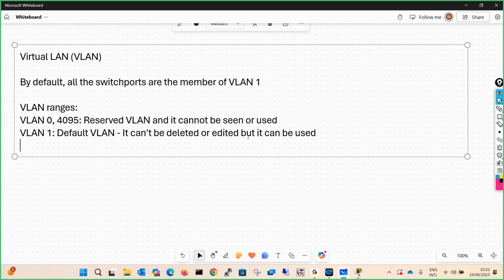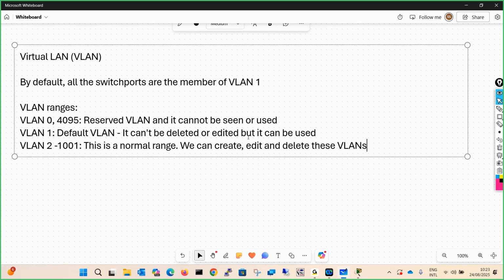Then we have VLAN 2 to 1001. This is the normal range of VLAN. So, being a network administrator, we can create, edit, and if required, we can delete these VLANs.